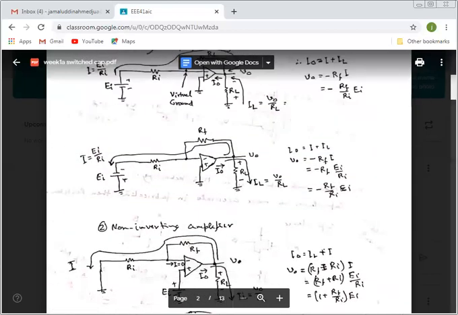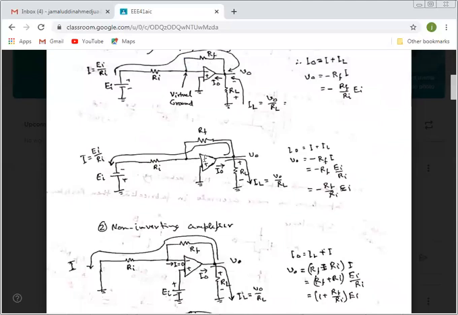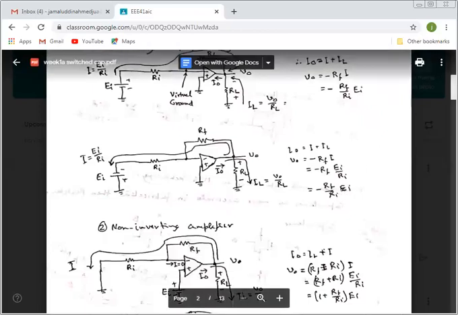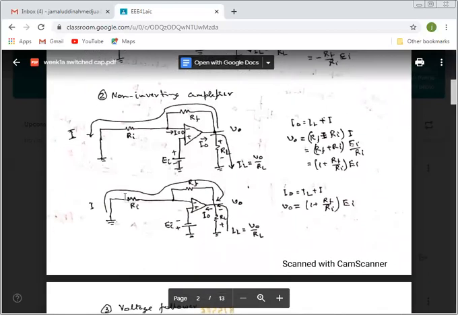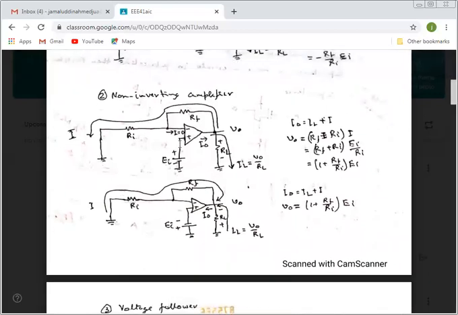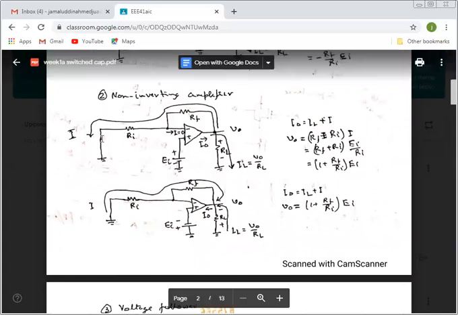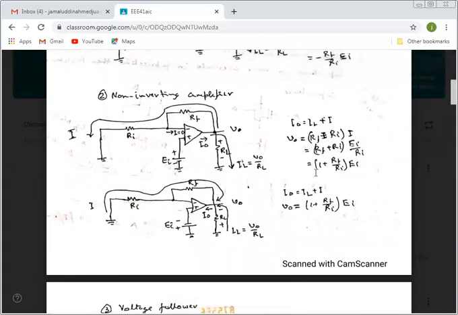And here is also the other topology. Here the supply is also connected to the negative pole, and that's why V out equals minus RF by RI times the supply. But in the non-inverting amplifier, the supply is at the positive node, and then the output is a positive value. V out equals 1 plus RF by RI times the supply. And if we do it in this way, the polarity of the supply is changed, then the V out will be 1 plus RF by RI